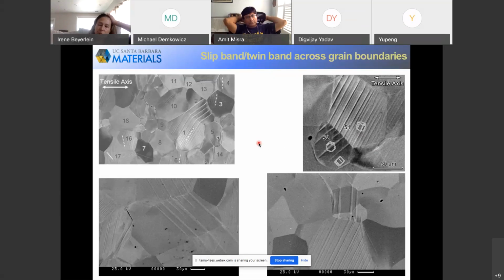Number two, I think of the work of Tom Bieler, and I think he was working on titanium aluminum, where they saw that the grain boundaries where these twins intersected were the initiation sites for cracks. That struck me as surprising because I was expecting precisely this kind of thing to happen, where twins would have simply created slip bands in the neighboring grain, but they didn't see that. I wonder if there's a good reason for it, or is it